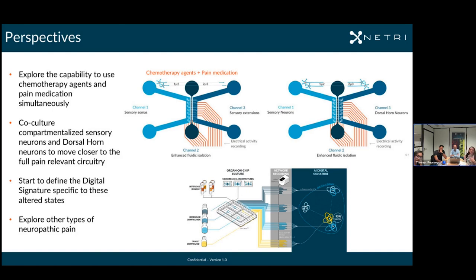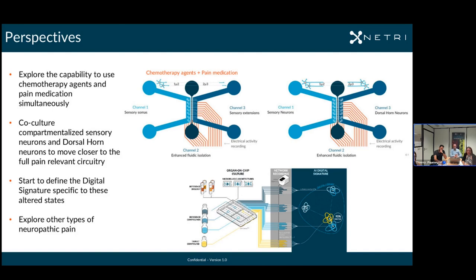So this could be used, for example, to test pain medications simultaneously while chemotherapy is planned. Treatments could be developed to prevent those early effects and prevent